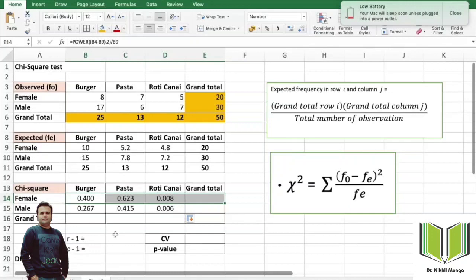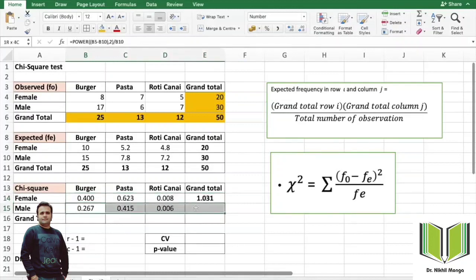Similarly, I select the female corner and let's see what will be the grand total. So I just select it and I click the summation button. Here you can see on your Excel file. Similarly, I do it for the male, right? So you put the sum value. Now you have two, you got the sum over here, right? So you get the sum value.